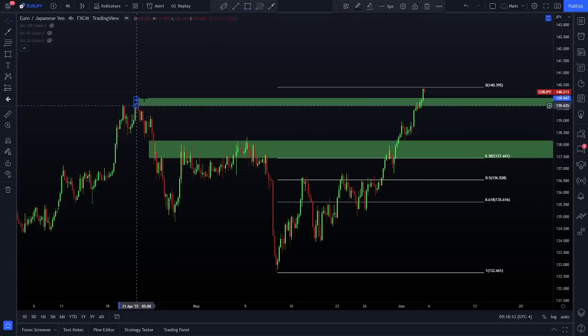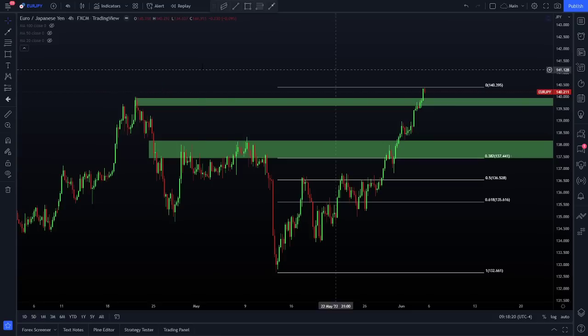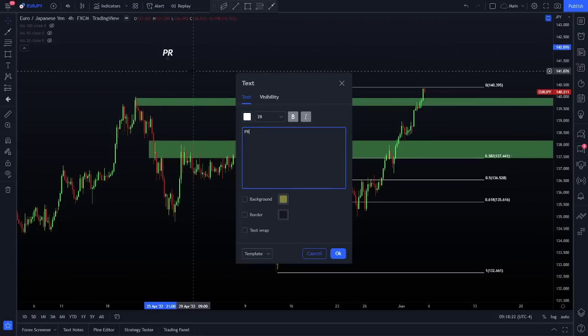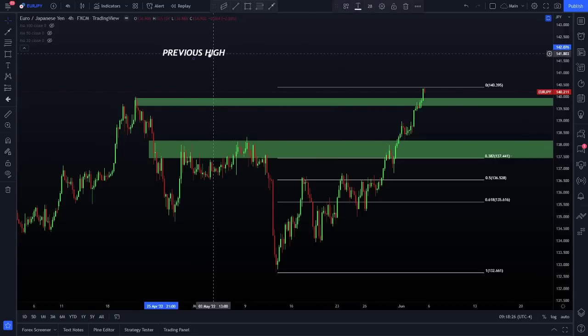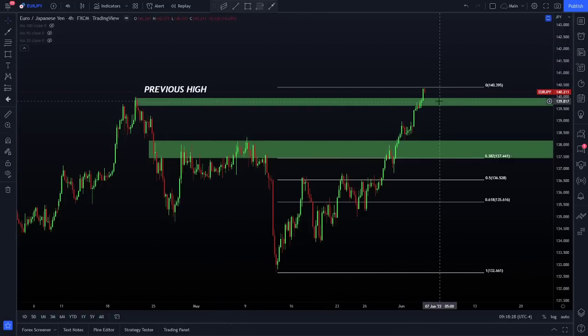Okay, so scenario number 2 on euro yen, another idea that I really like is the fact that we've basically come through and broken through at the end of last week this previous high, right? So that previous high, let's go ahead and annotate that for a second just so we have that on the screen. Previous high. The cool thing here is that that previous high was actually broken towards the end of last week. We saw this thing break out to the upside.